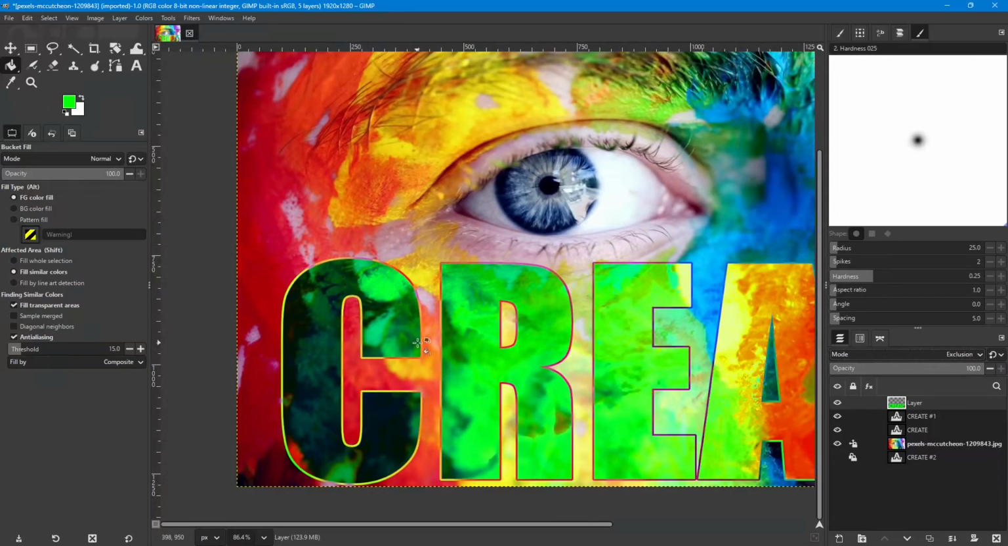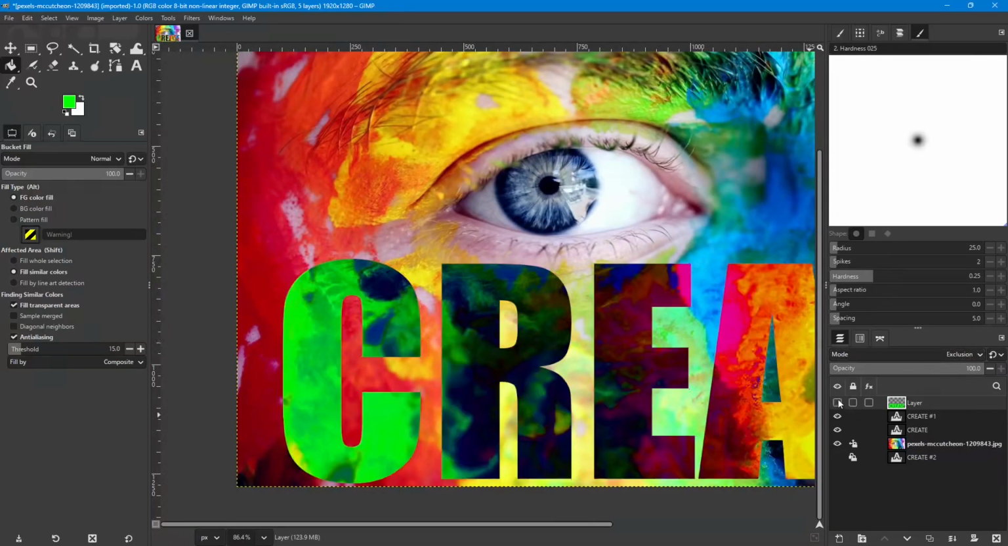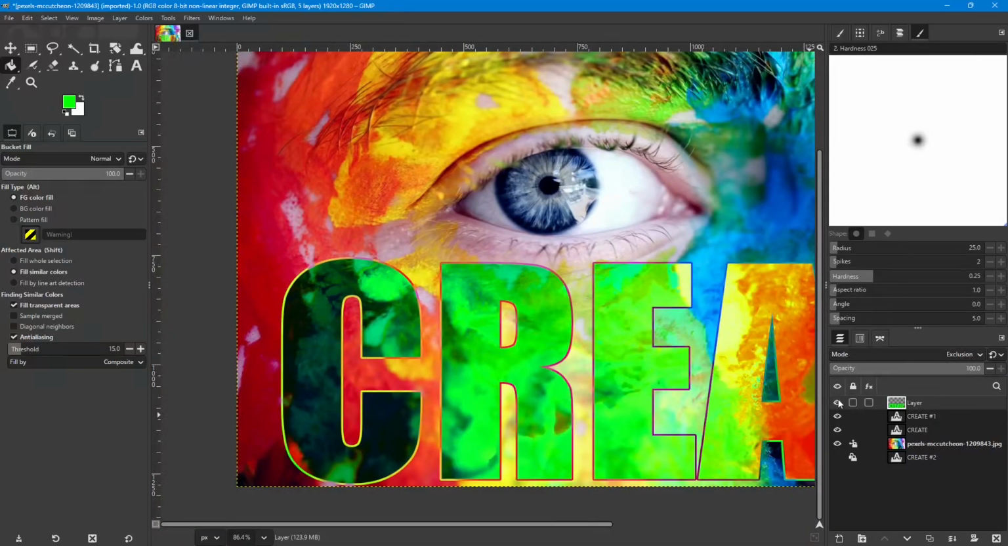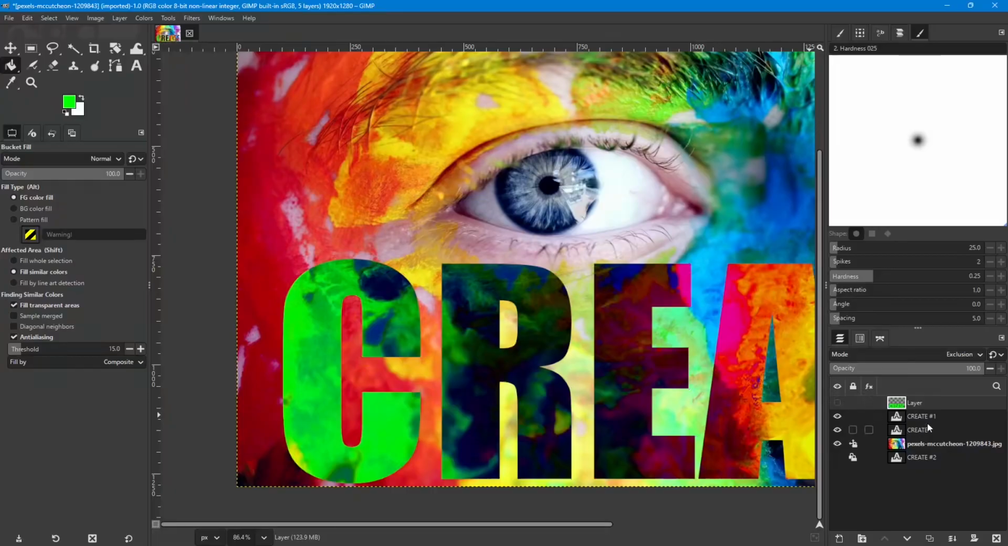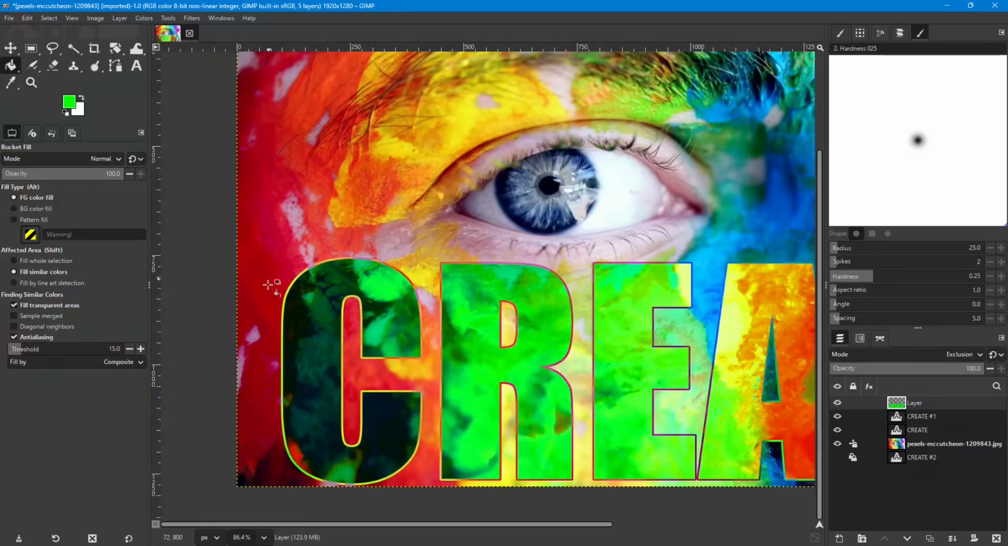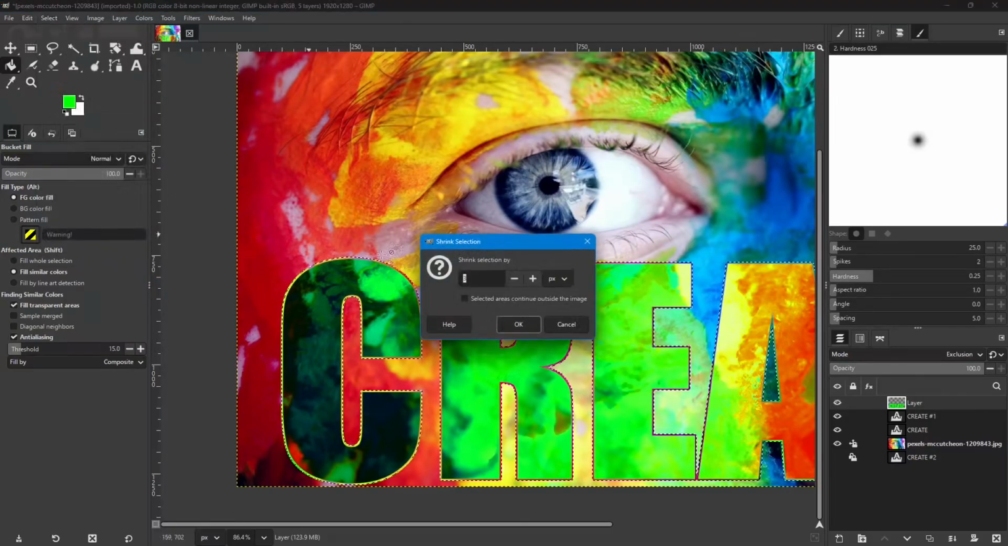Now, what if we like the way the yellow and the blue look together without the green on top, but we like the way the green border interacts with the image? Well, all we have to do is reselect our green layer by holding down the Alt key and clicking it, and then we'll shrink this selection back. We'll go back, select, shrink, and we'll go back